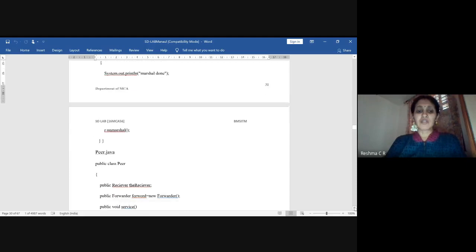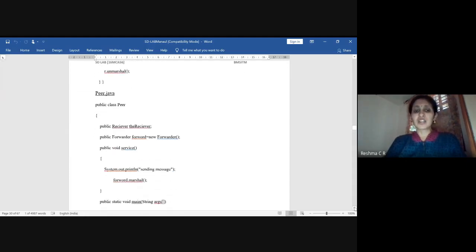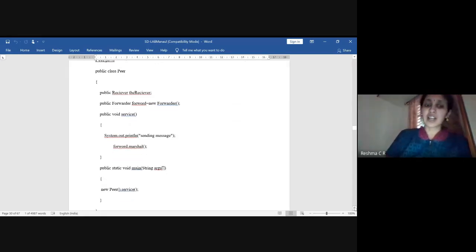And the next is the peer class. In the peer class, we are creating the objects for a forwarder and a receiver. In the peer class, we need to run the service. In the service method, we print a message saying the peer is sending the message.